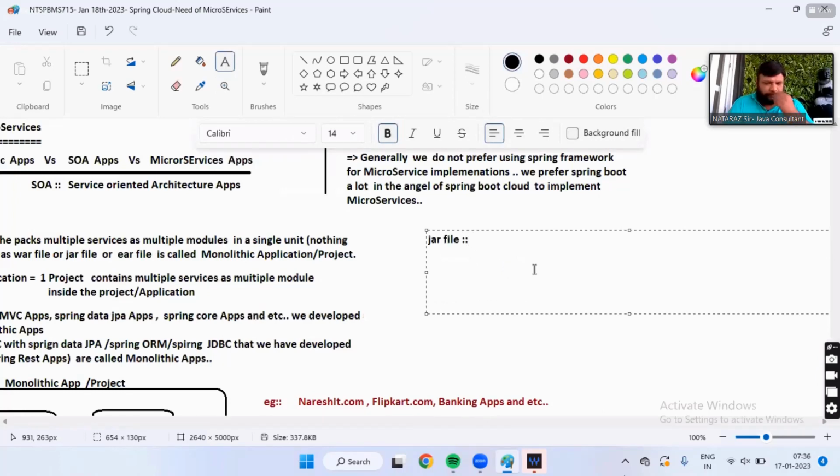Jar file, Java application archive. War file, web application archive. EAR file, enterprise application archive.